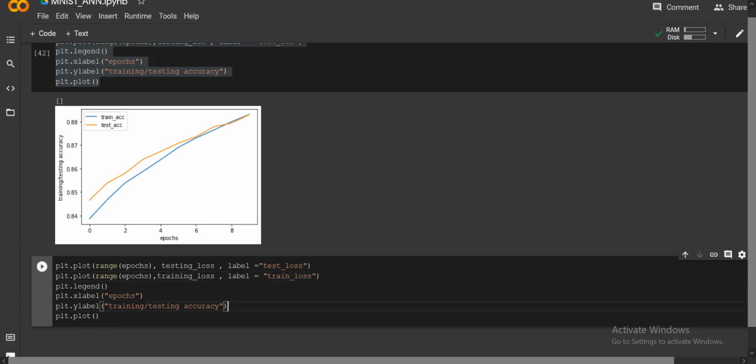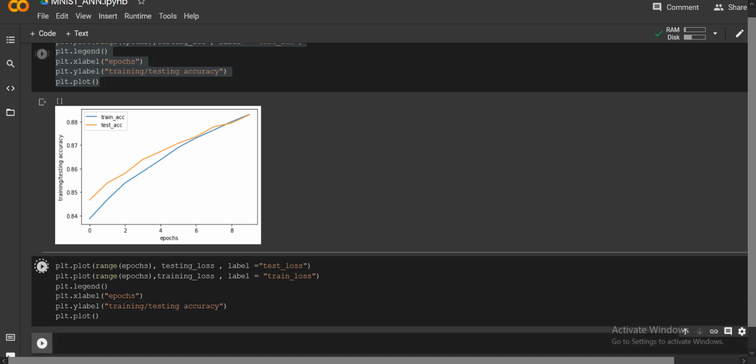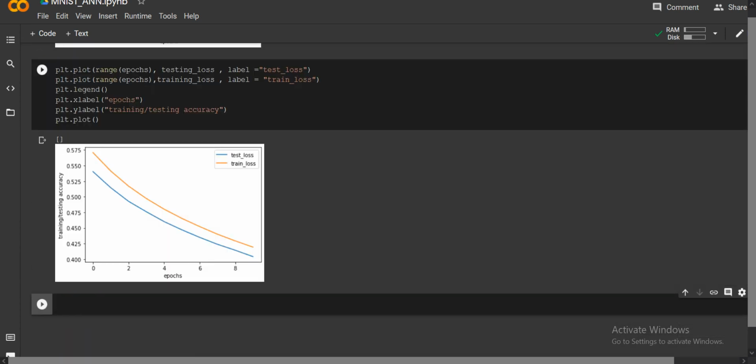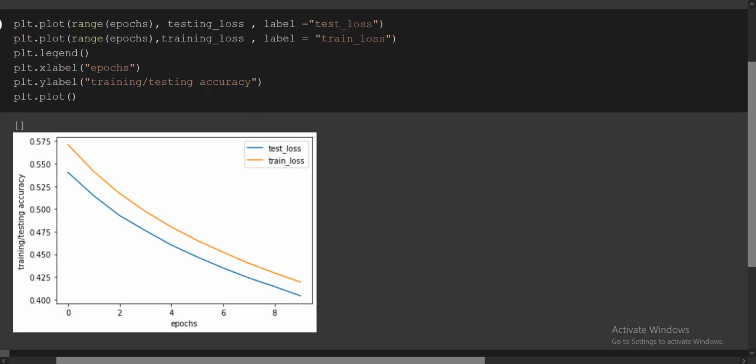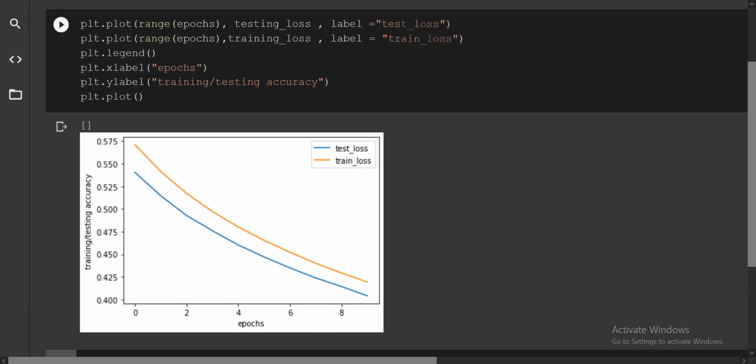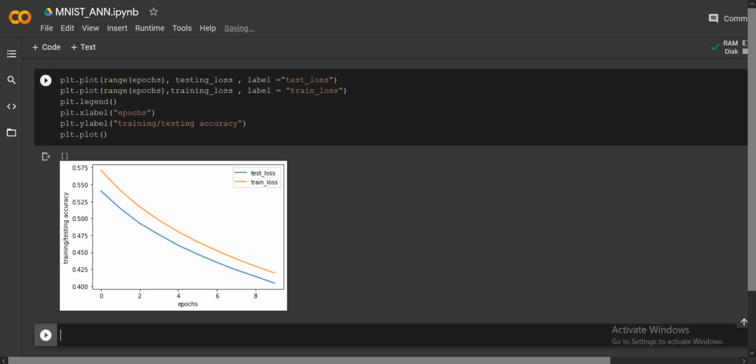Now you will see how they are decreasing. At every epoch the loss is decreasing. This is the main concept we have to understand.